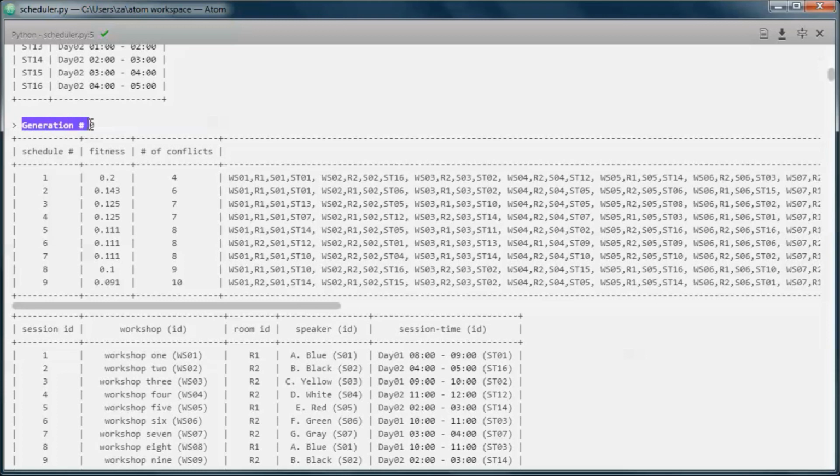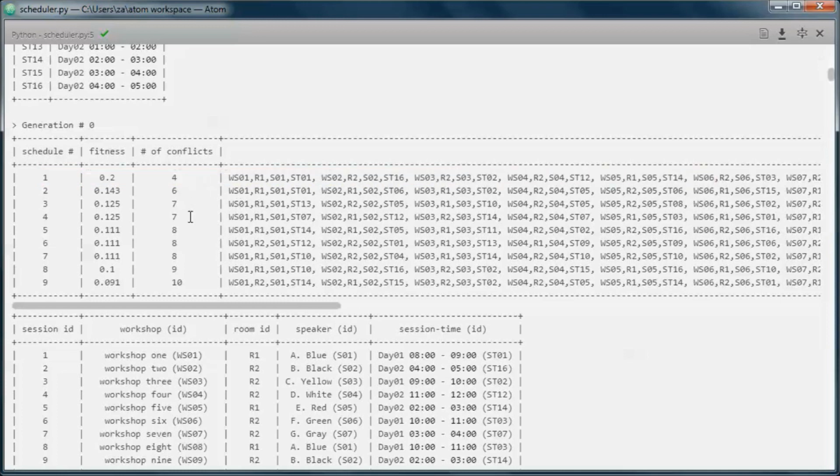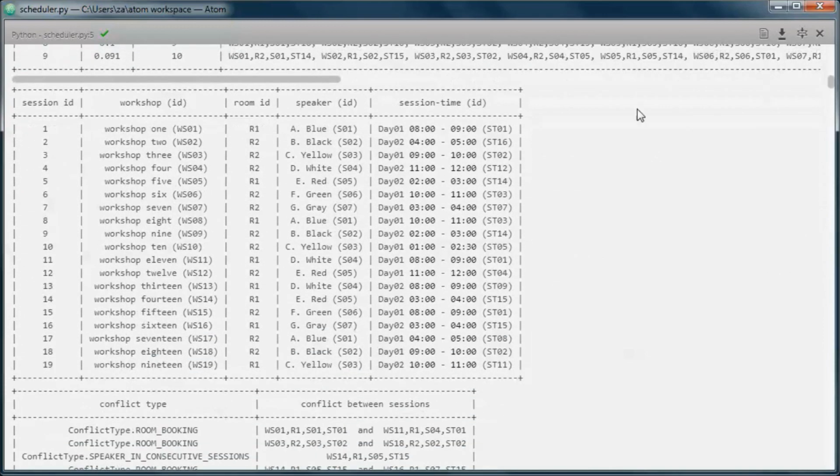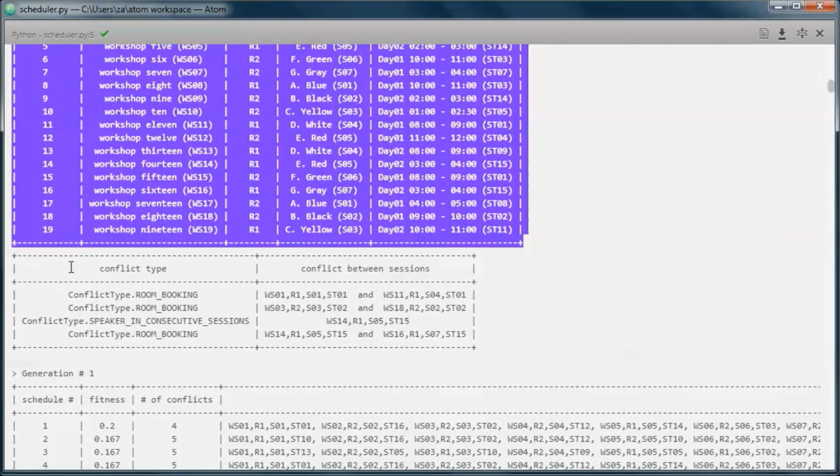So we started from generation 0, where this schedule is the fittest one, and it had 4 conflicts. And this is a table representation of that schedule, and those are the 4 conflicts.